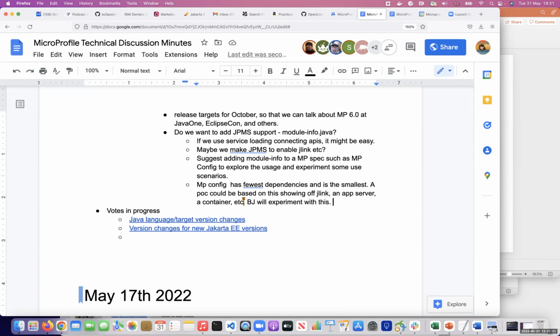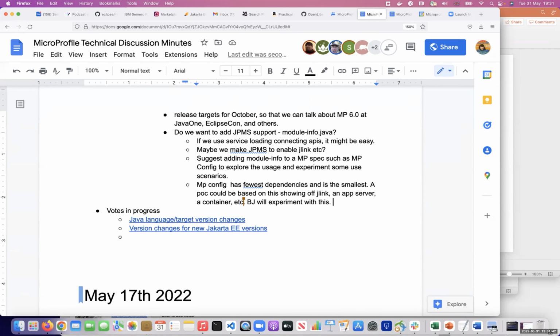Because the config is referencing CDI as a dependency, for example. So the module needs to be working there too. But Open API, for example, does not have any additional references. And JSON, for example, does not have references too.